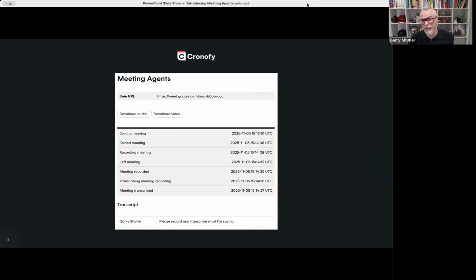And this is a little snapshot of it in action. It's been in internal testing for a couple of weeks now. This is what you will be able to see as an integrator to delve into exactly what was happening when this meeting agent went and joined that meeting. So we've got this timeline, of which we'll be providing access to the key points for you to subscribe to as